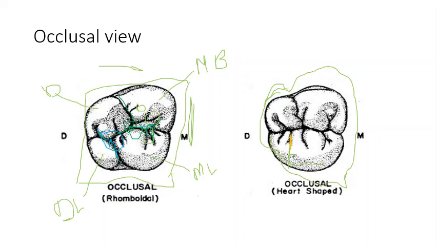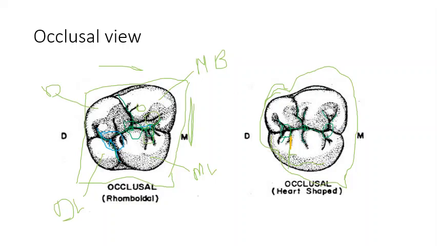On the heart shaped one, we can see the central pit is present from where arises the buccal groove and the mesial part of the central groove and the distal part of the central groove. We can see a distal fossa and a mesial fossa from where the triangular grooves arise, and there are more supplementary grooves present over this. Supplementary grooves are more, especially in the heart shape, as there is no